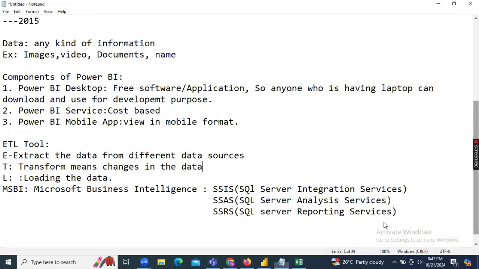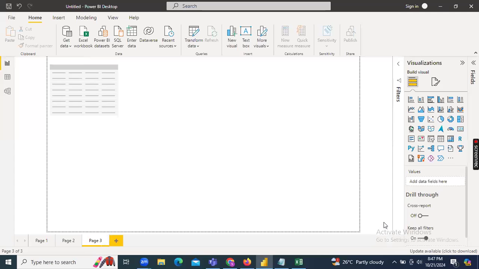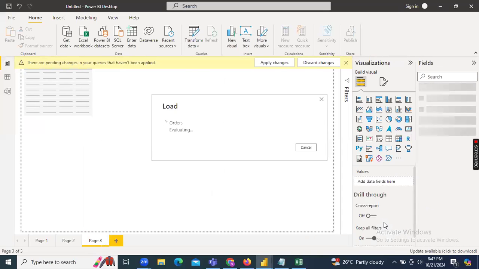Click on the load option. Once we click on load, the Excel data will be stored in Power BI Desktop.